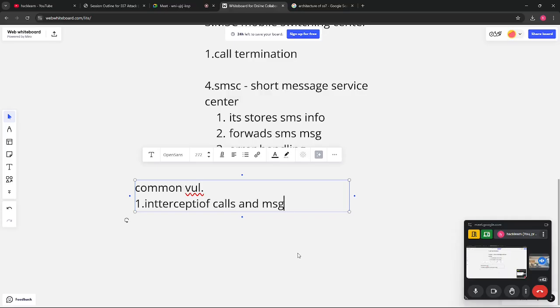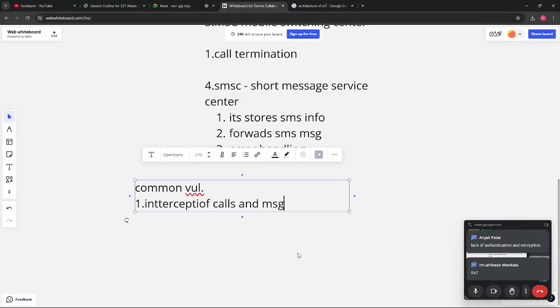That's why anyone can intercept, and this lets them redirect the call or listen to the call or SMS without the victim's knowledge. Whenever anyone is intercepting calls, you will not get any idea. So this is the first attack.